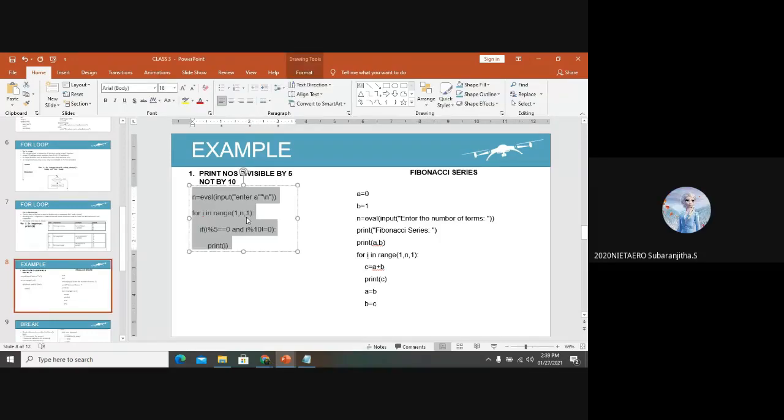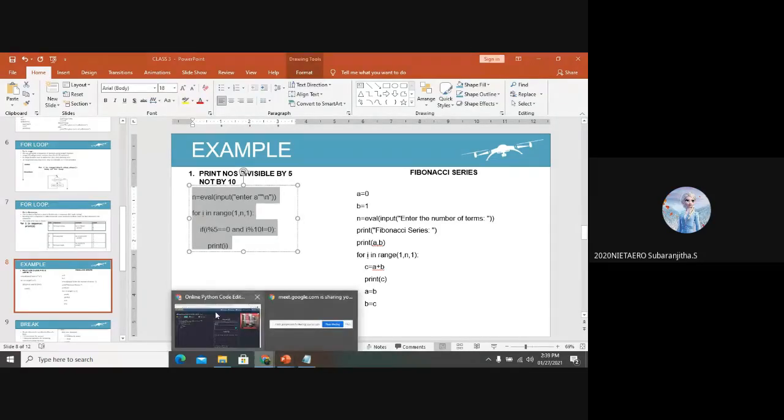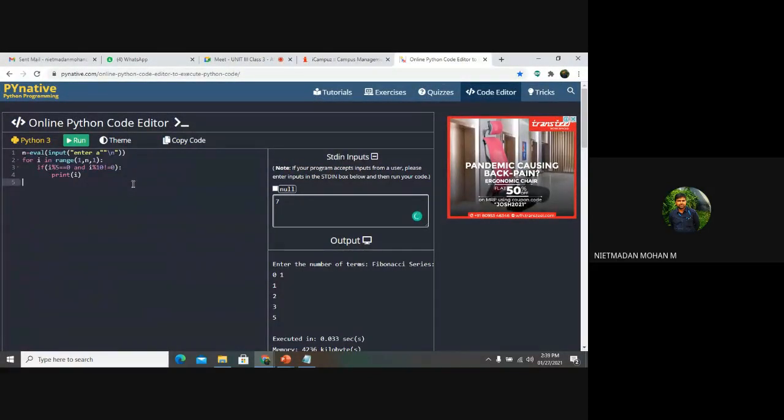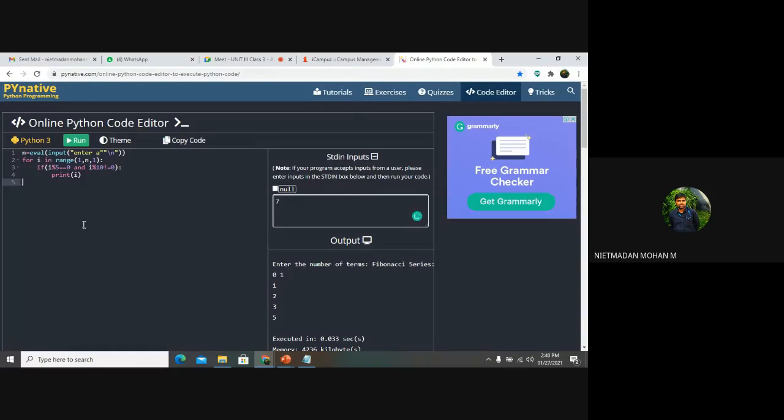Can you tell me what it is about? Is it checking the numbers which are divisible by 5 or 10?